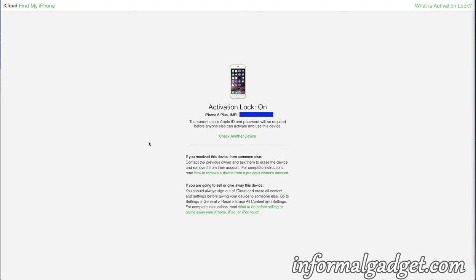It says down here at the bottom, if you receive this device from someone else, contact the previous owner and ask them to erase the device and remove it from their account. It says if you are going to sell or give away the device, you should always sign out of iCloud and erase all content and settings before giving your device to someone else. And then it says go to Settings, General, Reset, Erase all content and settings. But that's